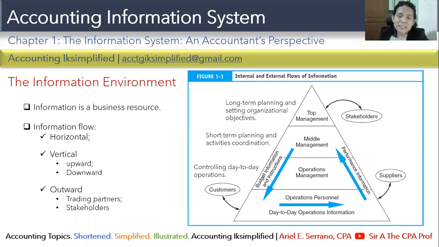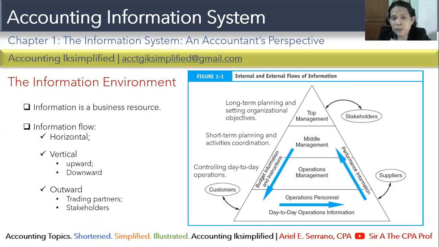Di ba, asset is an economic resource. At alam natin dyan yung cash and non-cash considerations or non-cash assets, di ba? Yun usually yung tinatawag natin or ina-identify natin na resource. However, information is also a business resource because information is very relevant, very useful doon sa mga gumagamit ng information na yon. Now, because information is important, it is also important for us to know paano ba yung flow ng